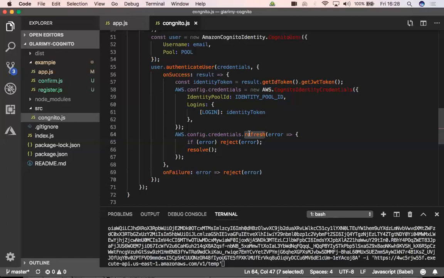Let's say if it is an ERP application, what I am doing here is the moment I get the identity token, immediately I am getting the refresh token. We are doing it that way for our Glarime application. But bank sites, what they do is they start the countdown immediately after they get the identity token. After 30 minutes, they will pop up a message saying, would you like to continue or should I log out? If you say continue, then they will go and ask for the refresh token. If you are not responding, the token will automatically expire.